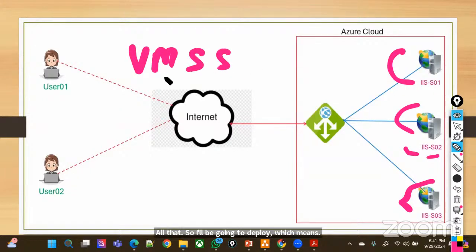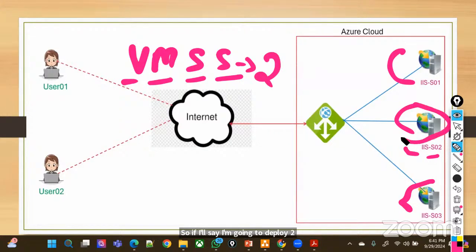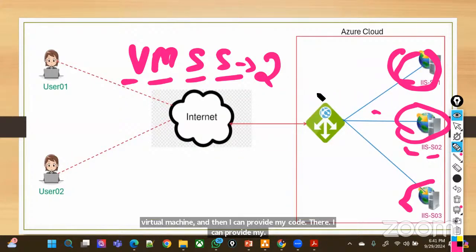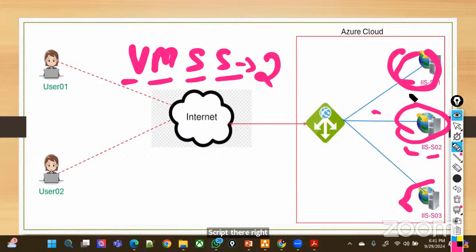VMSS, which is virtual machine scale set. It means I'm just going to deploy one VMSS, and it's going to ask me how many instances of that VMSS I want to deploy. So if I say I'm going to deploy two, then two VMs are going to be configured at the back end. And then I can provide my code, my script there. Automatically, after this infrastructure, this virtual machine deployment, is done,